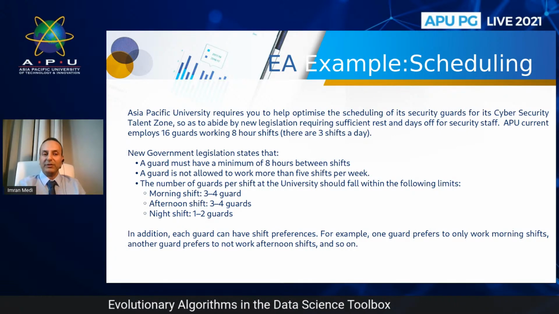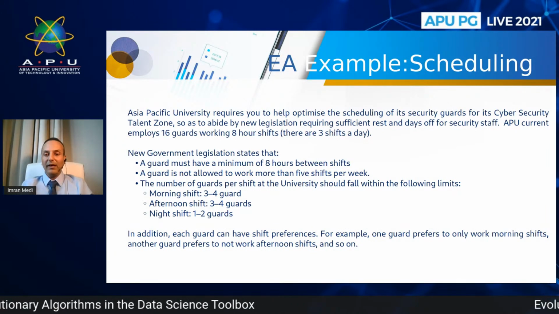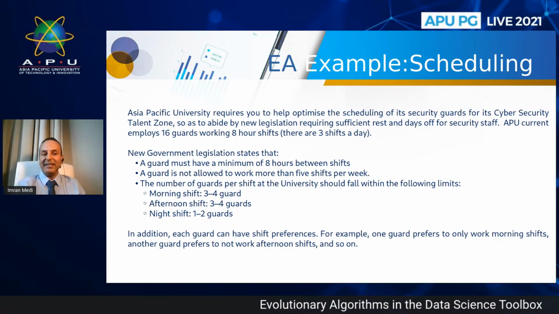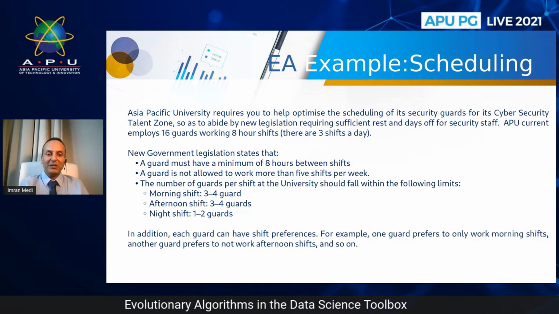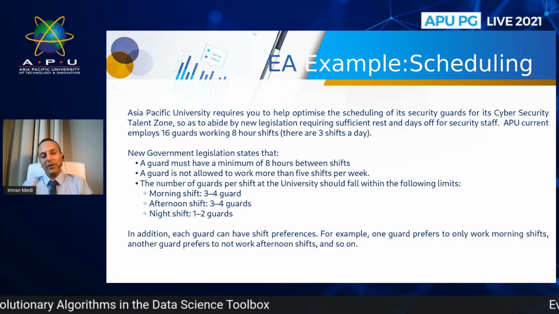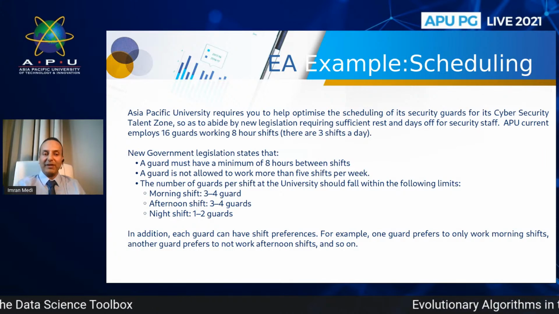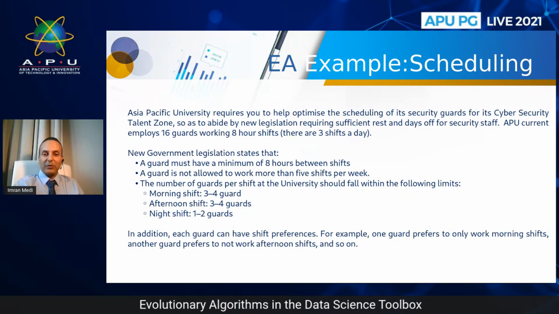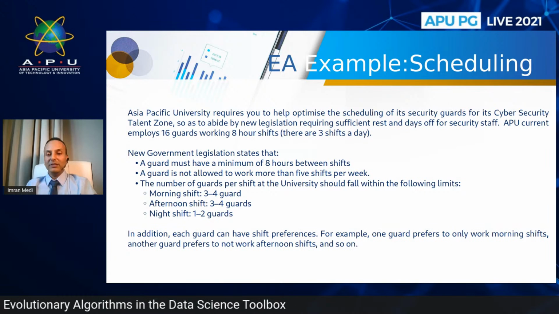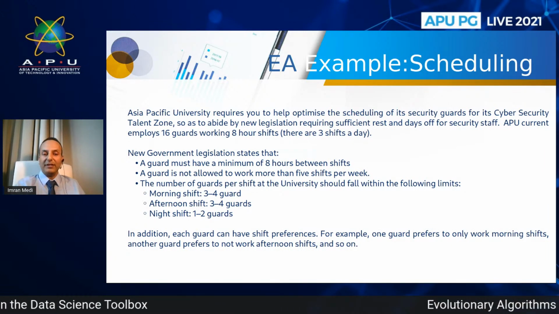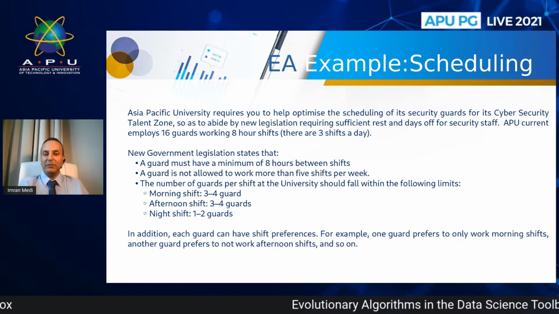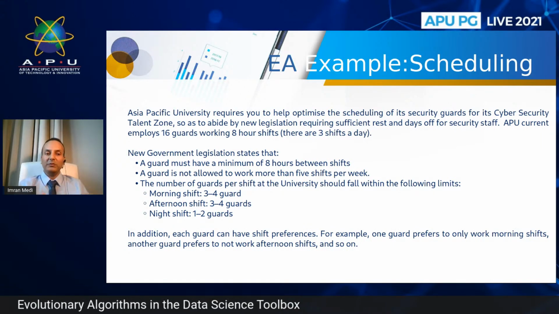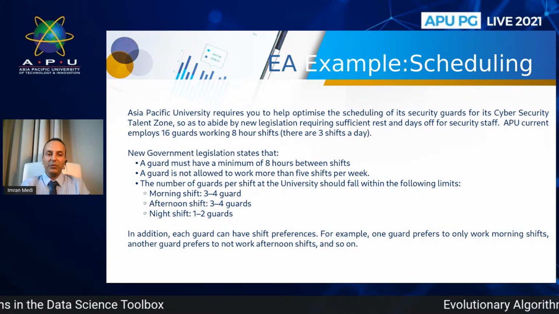Okay, and there are some constraints placed on us in terms of the scheduling of this particular rota or this schedule, okay, in terms of the number of shifts, okay, per day. Okay. And then there's some legal requirements in terms of ensuring that individuals have a certain break. There's constraints in terms of how many guards can work per day, how many guards we must have for each shift, and so on and so forth. And so this particular problem can be solved through an evolutionary algorithm, in this particular case, a genetic algorithm. And the way we do that is to conceptualize this problem as a chromosome. Okay, can we create a chromosome to represent this scenario? And in this particular case, it's relatively straightforward.